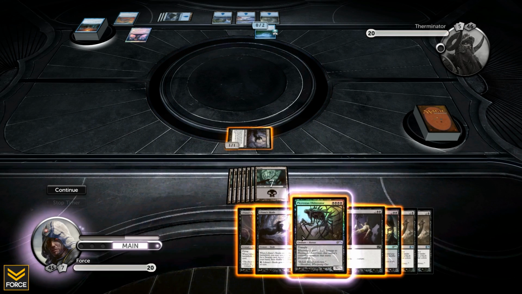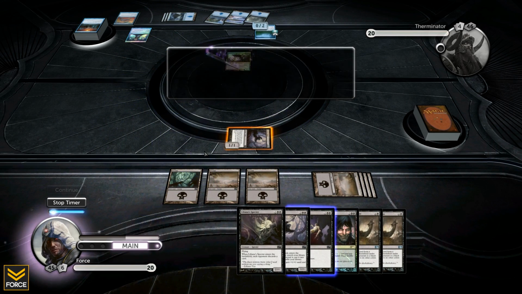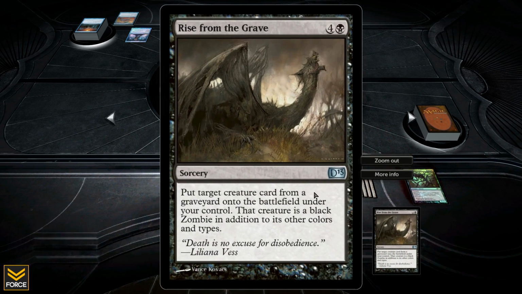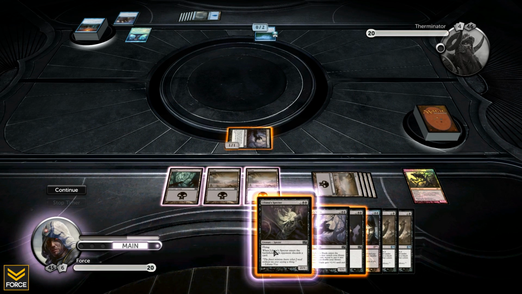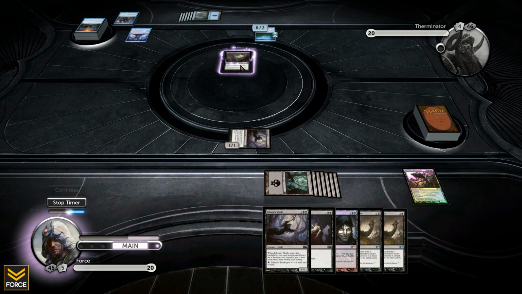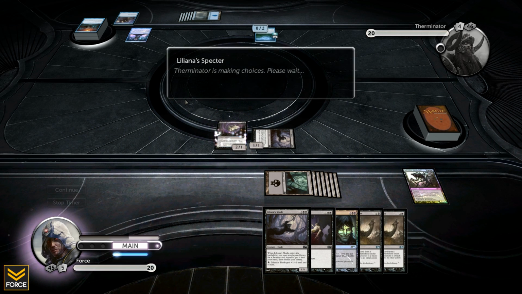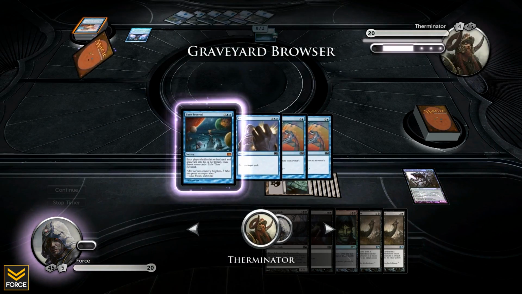All right, so let's try throwing down the Obliterator again, and he will cancel that. Well, there you go. Now I can still pull it from my graveyard with the Rise from the Grave, though, so that is something to keep in mind. And we're going to throw down a Spectre now that he's tapped out, and say, "Screw you, buddy, for all these shenanigans. Discard a card." All right, so he discards